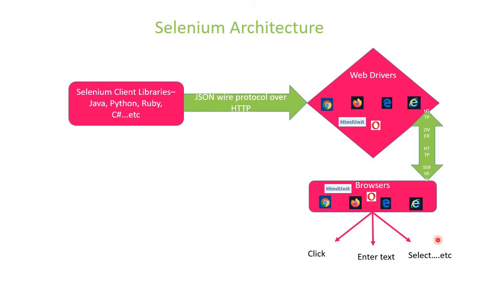Thus, we can achieve automation. But who is going to trigger this? Because there needs to be something that triggers these actions, right? We understand all these are connected, but where is the trigger point? So now comes the trigger point. The trigger point is the tester or automation test engineer, whoever it is.